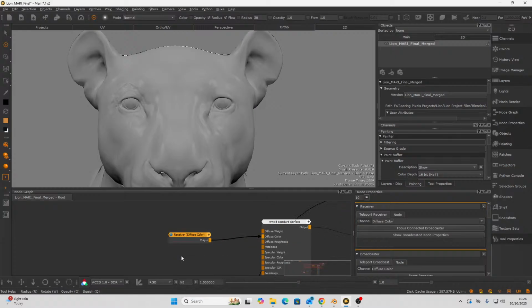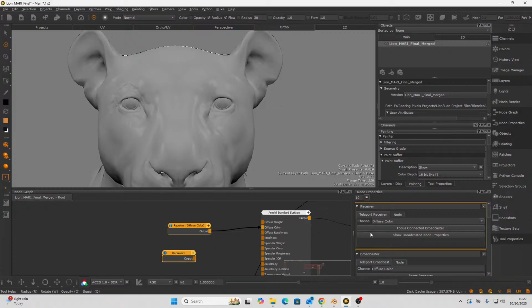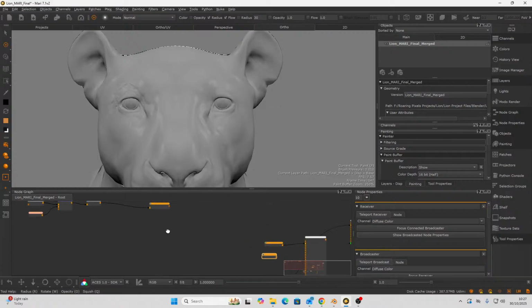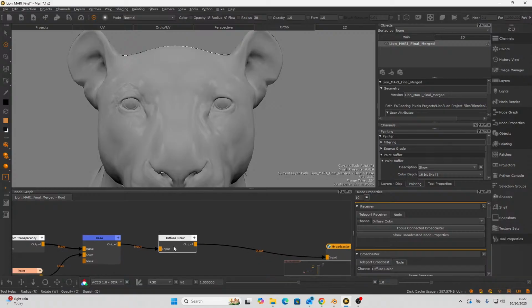Might as well just get a new node, receiver, and we'll have to create some channels as well. So say